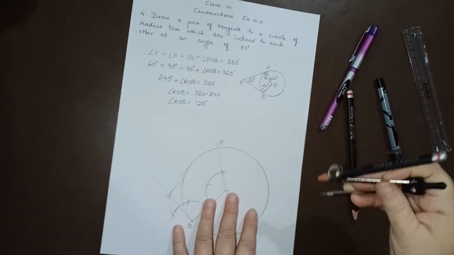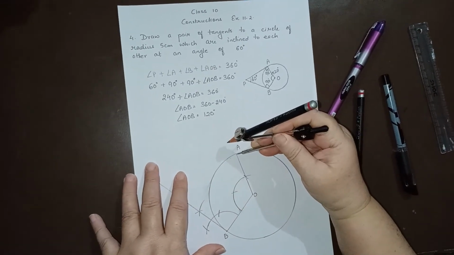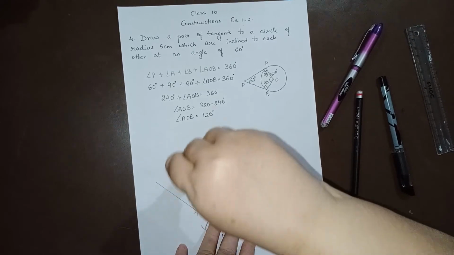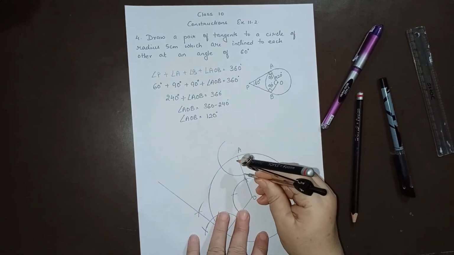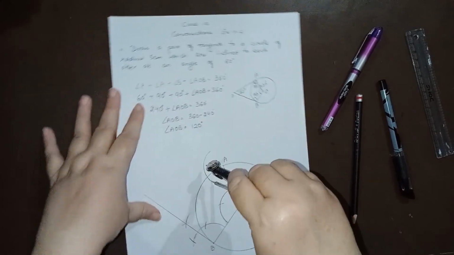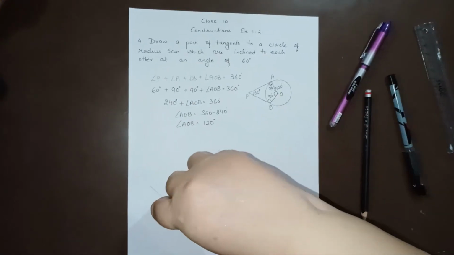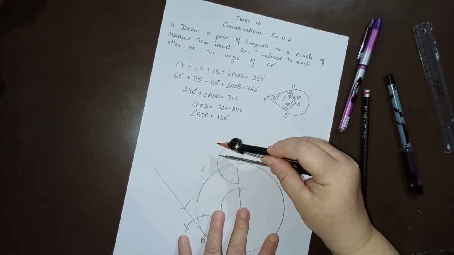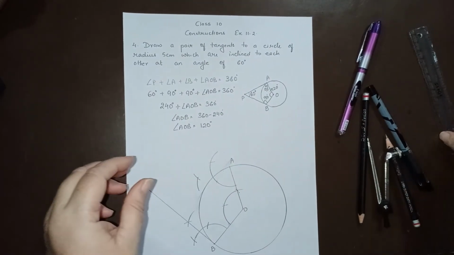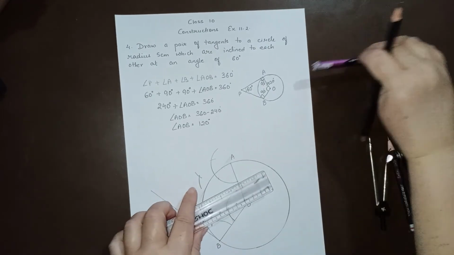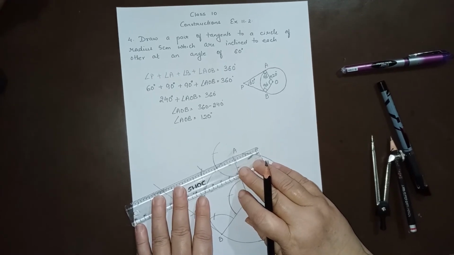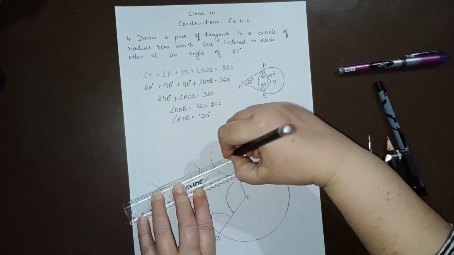Similarly, let us draw an angle of 90 degrees at A. So it will be like this. Keep your compass here at A and then like this. Draw a semicircle and this will be 60 degrees. Then from here it will be 120 degrees. And if it is drawn like this from here, and when we join A with this point, we will get an angle of 90 degrees at A also, like this.